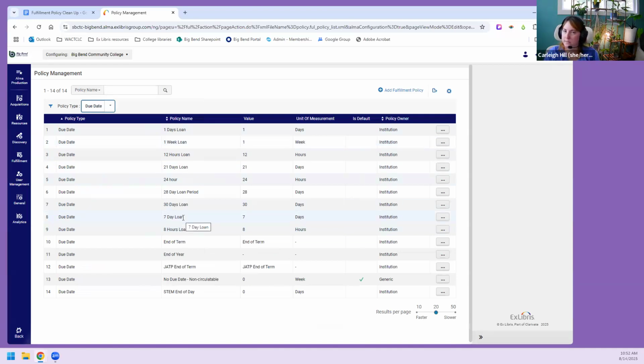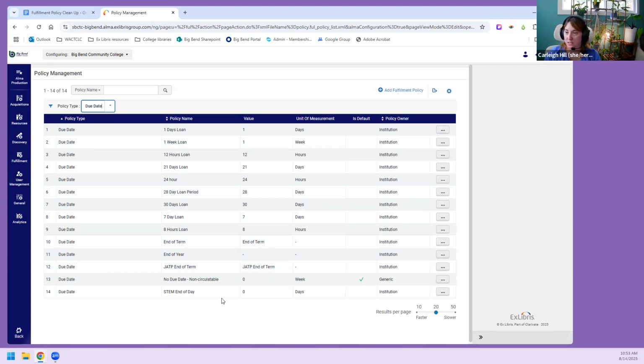That's the same thing. 24-hour and 1-day loan, technically different. It gets applied slightly weirdly when it comes to due dates. But like there's two, I don't know if end of year is actually different from end of term. Like there's all kinds of